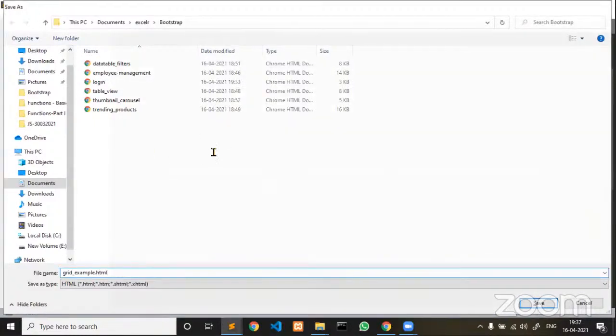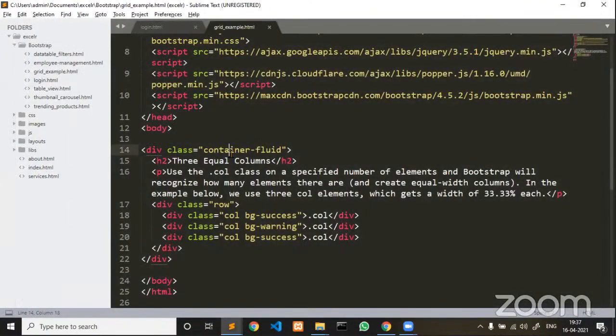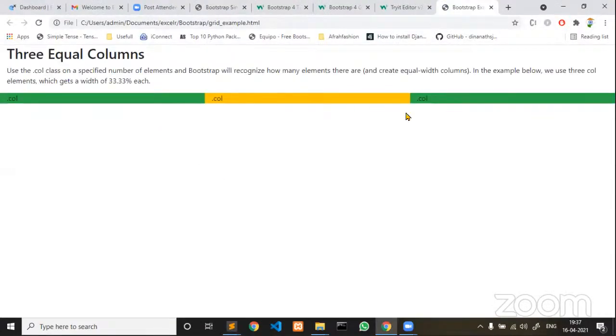Now see, container-fluid, and they decided to go with a fluid layout. Then they created a row. In that row, column, column, column. As I already said, this particular class column will apply only if the device resolution is lesser than 576. Guys, that's why you can see it when you are executing it, opening a browser. Now, these are 3 columns that are displayed in a single row.